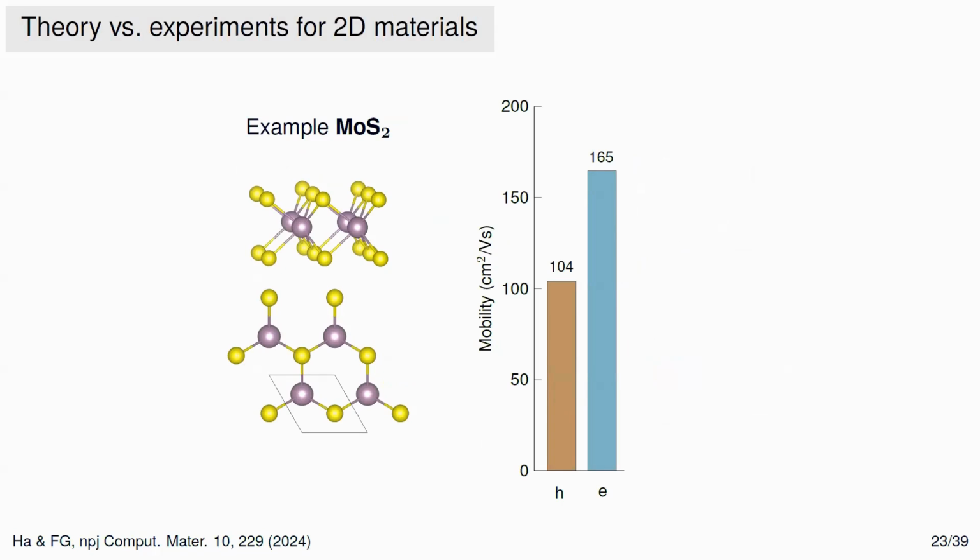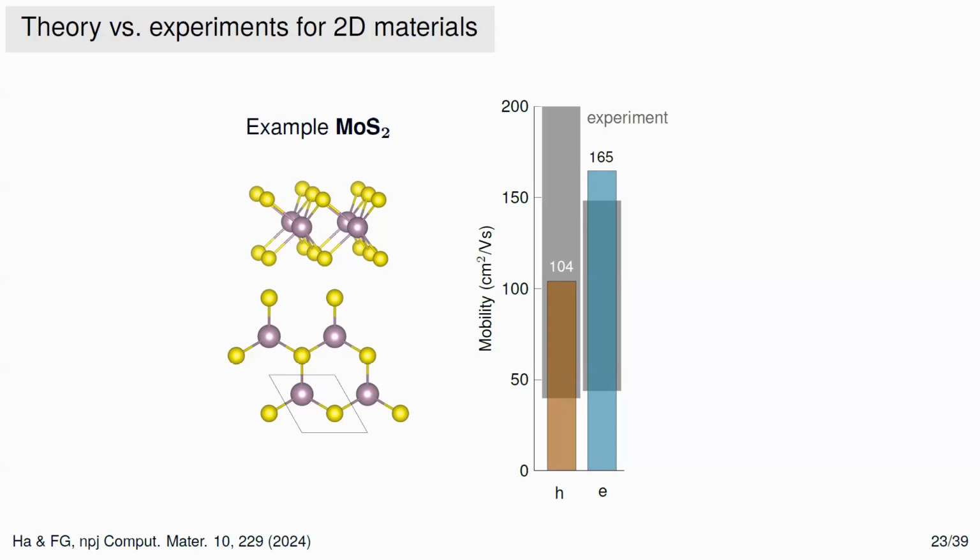This is an example for molybdenum sulfide, and this is the calculated mobilities for holes and for electrons. So in the range of 100, room temperature. If you take experimental data, they are scattered over a wide range because many different groups report different samples with different quality. So here I'm showing just an error bar that tells you we found data from this point to this point and from this point to this point. And I would say that this is telling us that the calculations are fairly predictive given the experimental uncertainty on the system, so we are in the same ballpark.